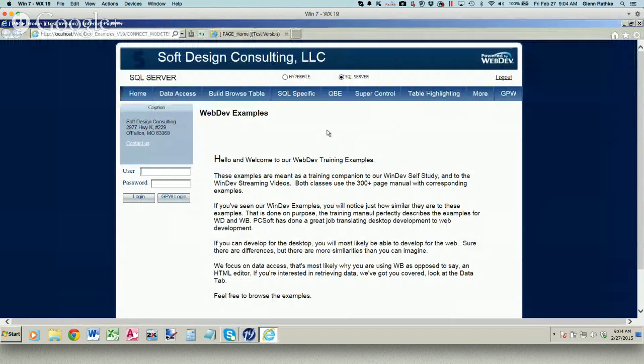Now, the WX materials, WINDEV, WebDev, mobile, pretty much are all the same environment, and really, as far as we're concerned, for the most part, we're doing data access almost all the time exclusively. There's times that you'll have it where you don't have an analysis or you're not doing much with data. So what our training materials and what we'll talk about here quite a bit actually happens to do with data access. And we'll start off from a very simple point of looking at a table